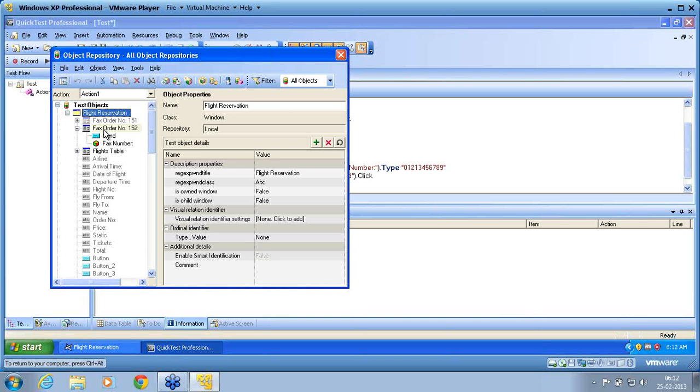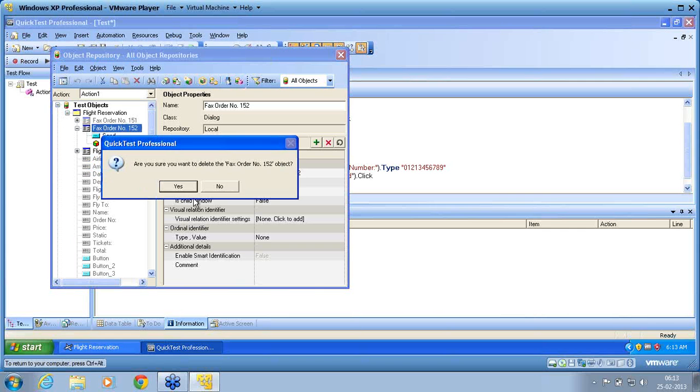because the logical name or the description properties of 152 is a different object compared to 151. Due to this, when we record, QTP added this object to the repository. For management of shared repository parameter, as per my framework, I am not supposed to have any object in my local repository. Since I should not have a local repository, I am removing this fax order number 152. The entire object I am removing from the local repository now. If I delete it, you can notice now in our keyword view, against this object dialog 152, you will notice a question mark. Before I delete, I'll go back